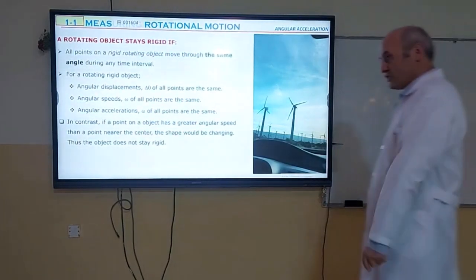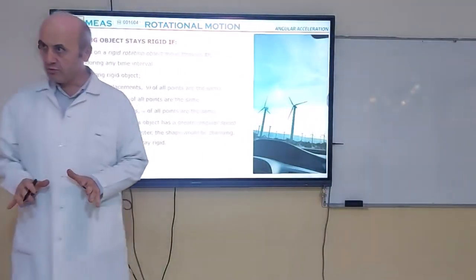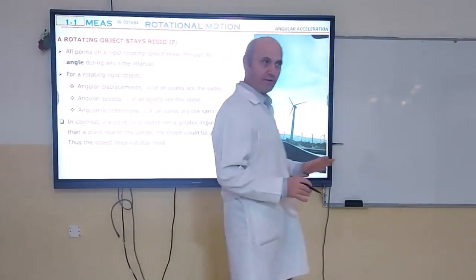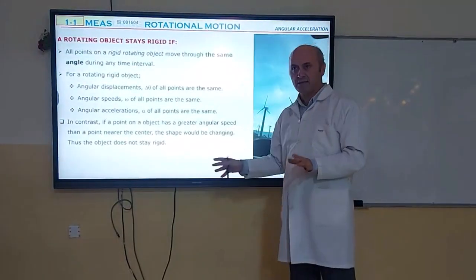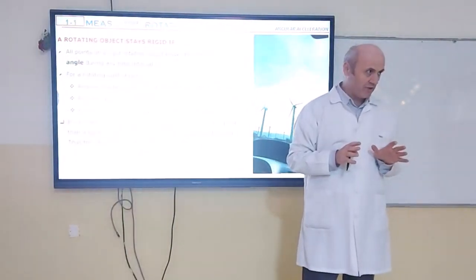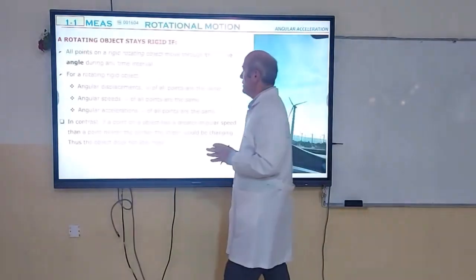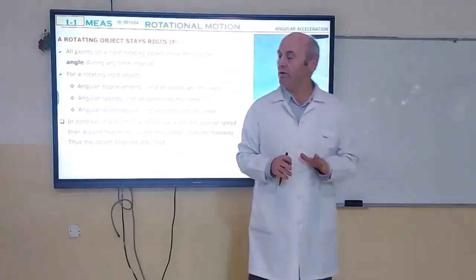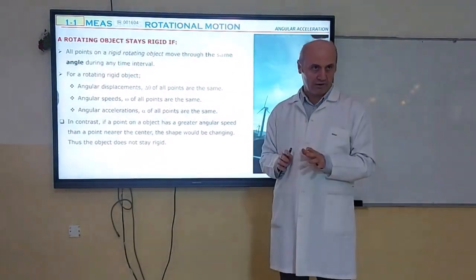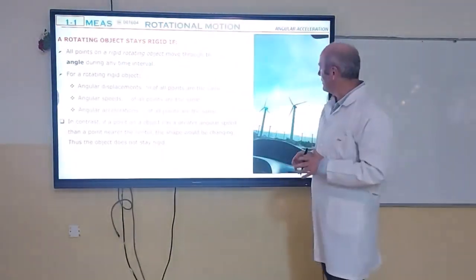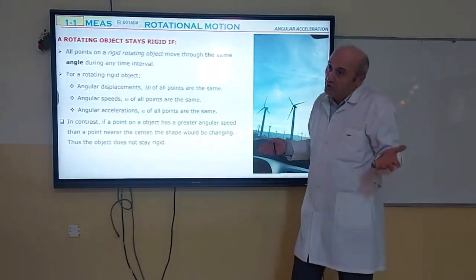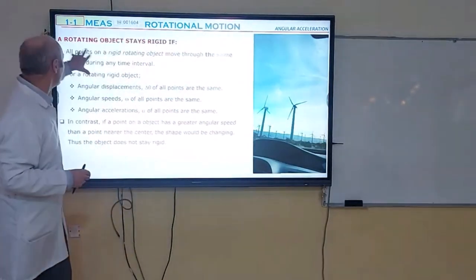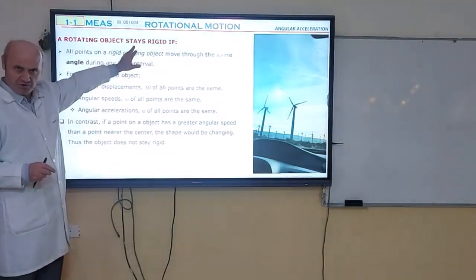So we finished section 1 revision. Now we will continue with section 2, but I want to make a note here because this was the last title we talked about in section 1. It is about how angular rotation quantities of a rotating object are changing or not changing, the same or not the same for different points. And finally, we settled that for any rigid rotating object,